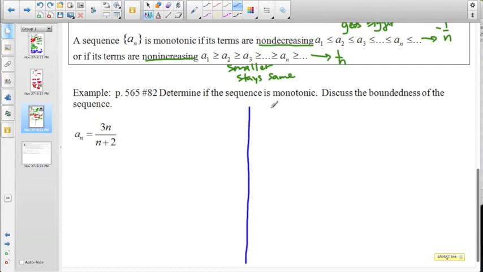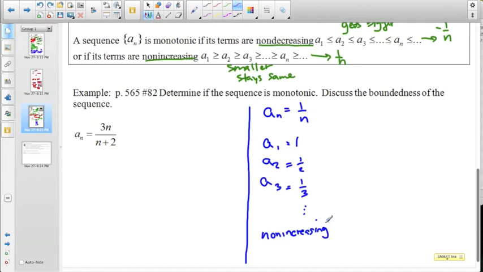If we take a look at the sequence 1 over n and write out a few terms, we can see that it is always getting smaller, so it's non-increasing. So we can look at that algebraically, by looking at the terms and seeing how the terms trend, or we can look at it using calculus by saying,